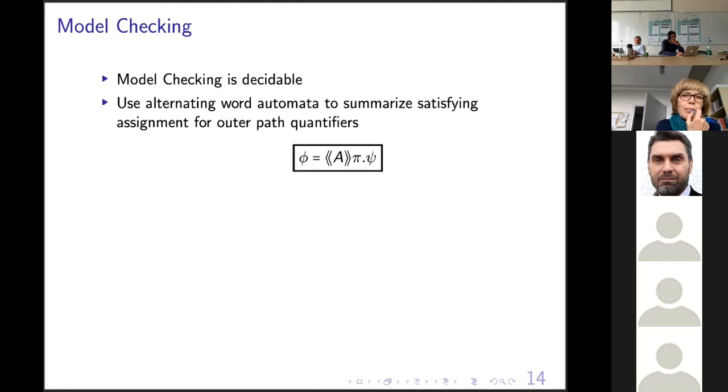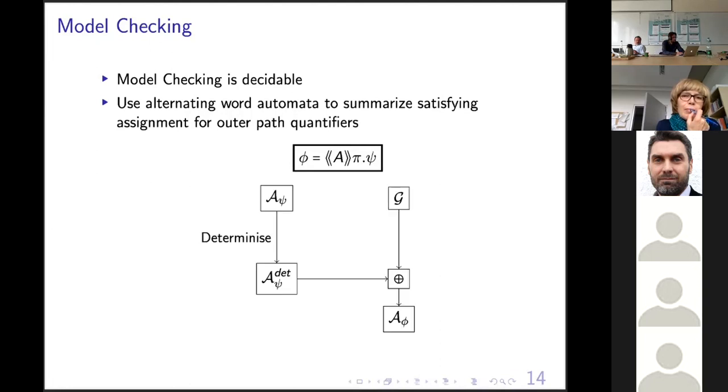So what we do is, again, I will only give you a high-level overview over this procedure because the details are rather technical. If we encounter such a strategic quantification here, we inductively obtain an automaton A phi of our subformula, we determinize this automaton, and we can then combine this automaton with our game structure by encoding the strategic behavior of the agents in the game structure within the transition system of our automaton. By repeating this procedure, we in the end obtain an automaton over the singleton alphabet that is empty if and only if the formula does not hold.